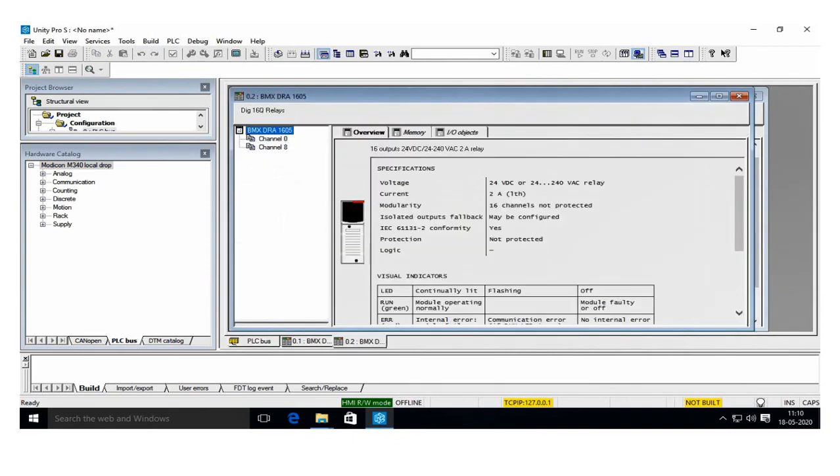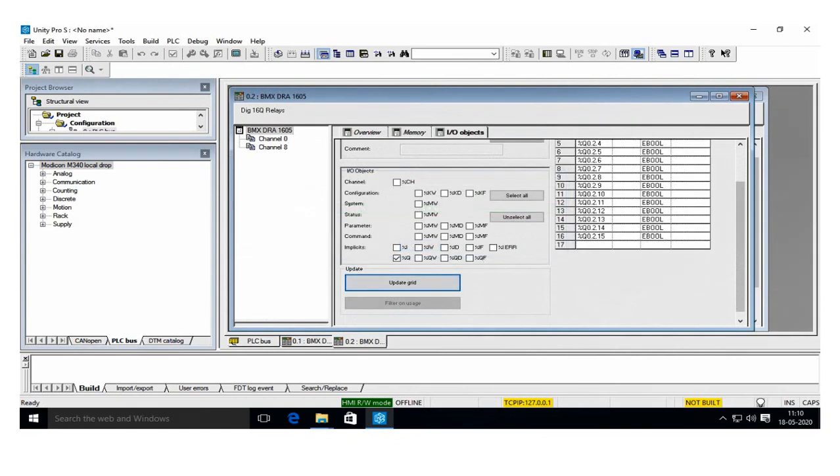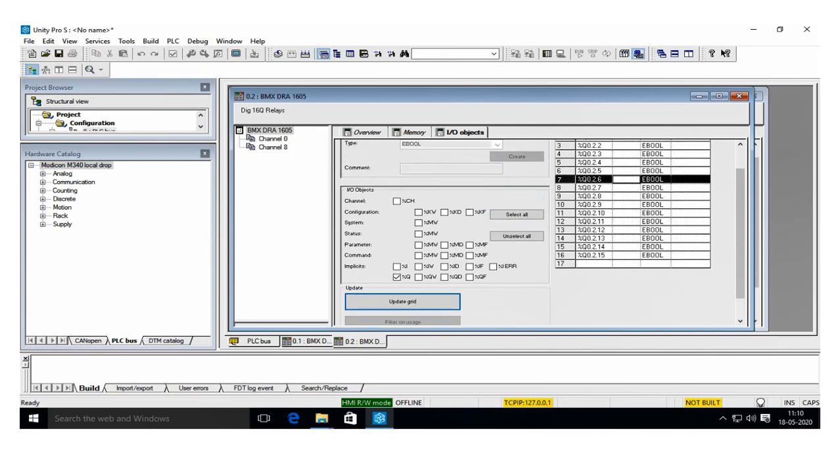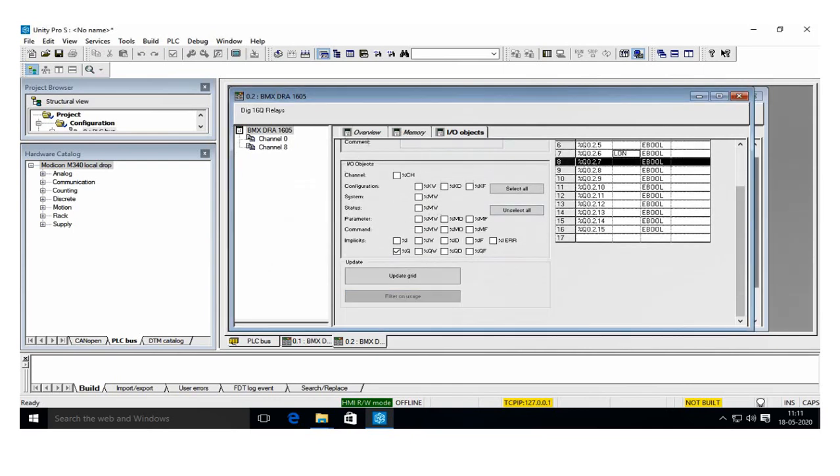In that, I'll create IO objects, %Q, update grid. I will give the output as 2.6 as per our requirement. I will name it L on, that is lamp on. Once again I'll create it and update grid.